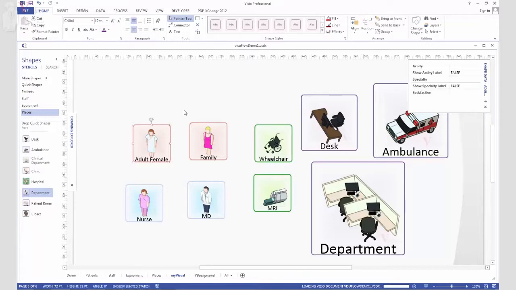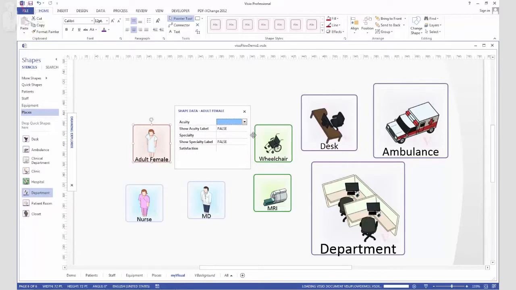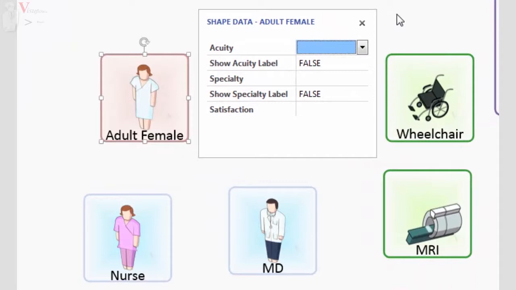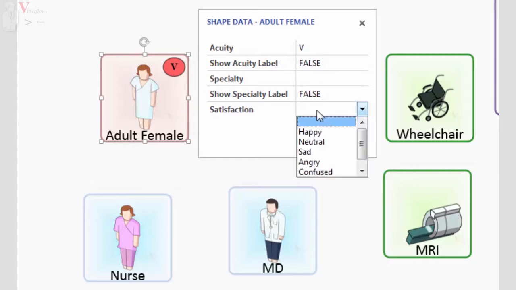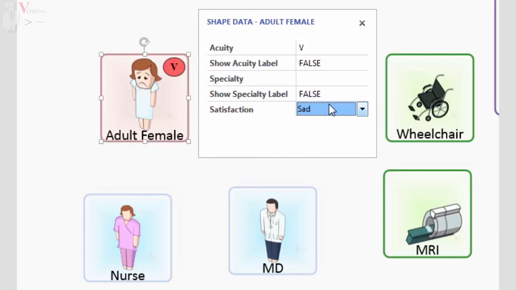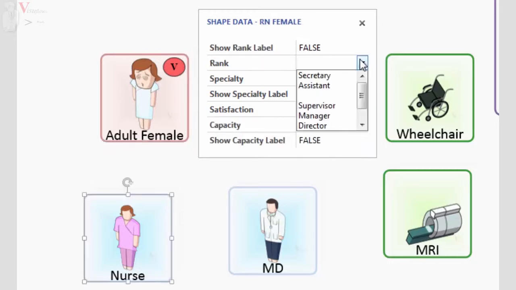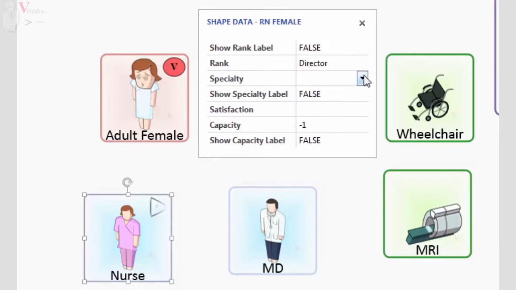Microsoft Visio can have data associated with shapes. VisuFlow takes advantage of this by associating the data with visual attributes, which will allow you to explain complex concepts with simple visuals. For example, consider the acuity of a patient. It could be low, it could be high. Consider their satisfaction. It could be happy, sad, confused. Or the rank of a staff. It could be a supervisor, director,